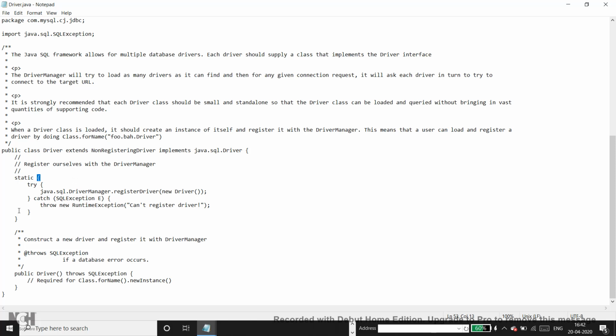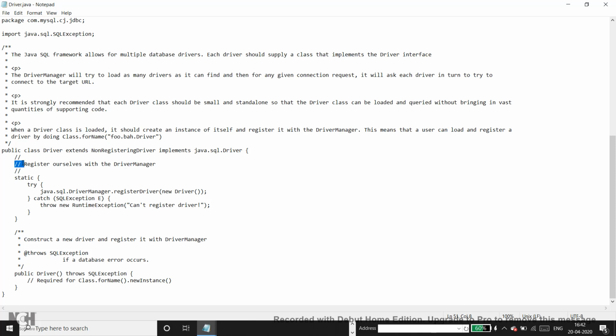So dynamically loading the class has already been done by the static forName method of the class, and now when this static block is executed after that, this is actually the registration process that starts.